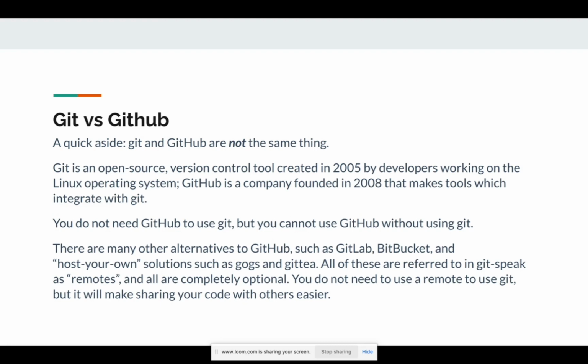So what this means is GitHub uses Git. GitHub is a company that builds tools that work with Git. So you don't need GitHub to use Git. You can use Git without using a GitHub repository. I think that's a major difference. But you cannot use GitHub without Git. GitHub is dependent on Git.